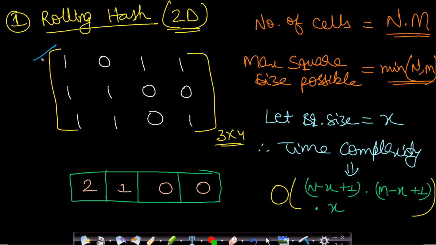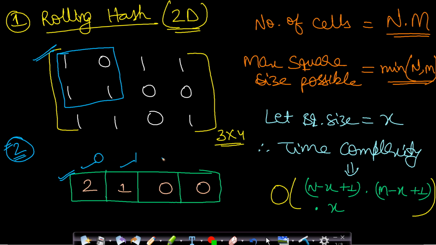Let us assume that we are given a 3 by 4 matrix and we want to find the number of square matrices which have all ones inside it. I will have to take a vector, that is an array, which will be of the size of the number of columns. And then let us say we want to find all the size 2 square matrices having all ones inside it. So I will start from the top corner, which will be from 0 0. Now I will calculate the column sum and I will update this in our vector. So this is 0, 1, 2, 3.